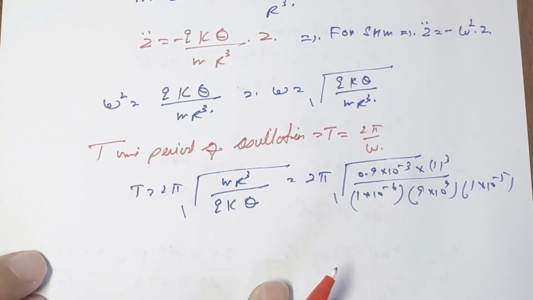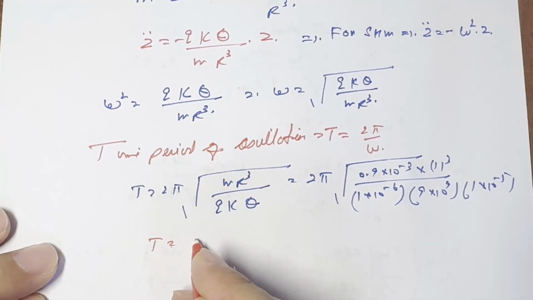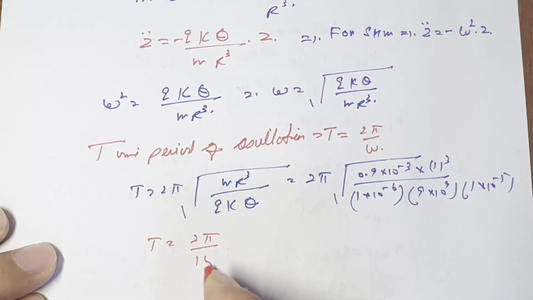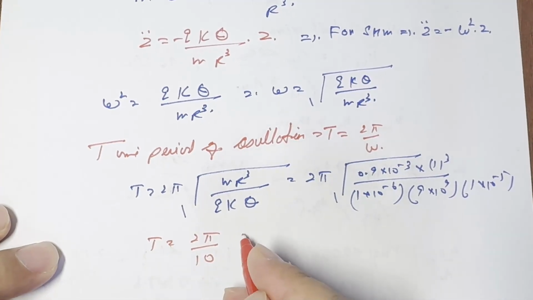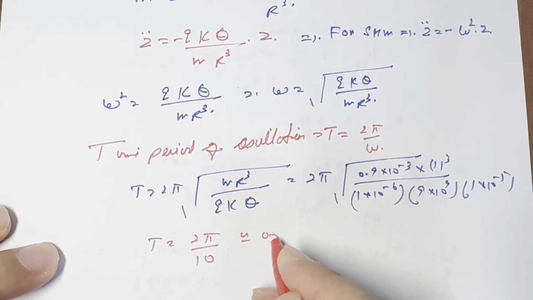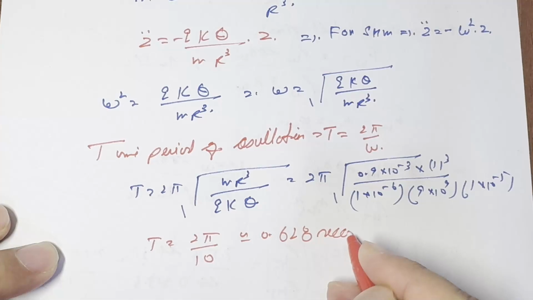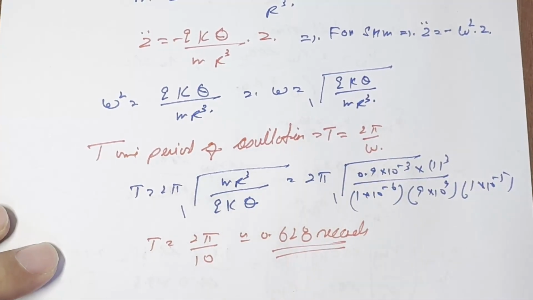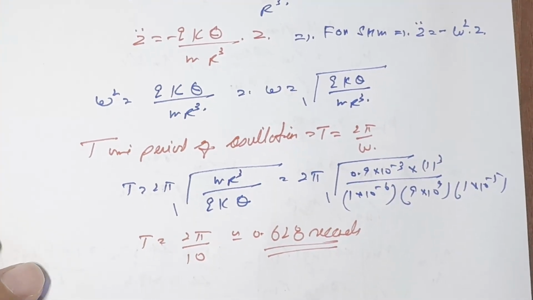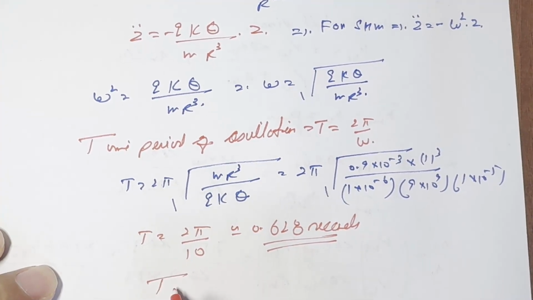This gives us T equal to 2 pi upon 10, which is approximately equal to 0.628